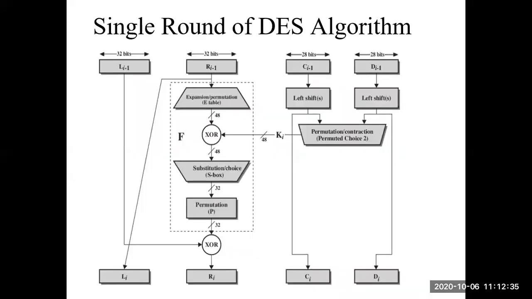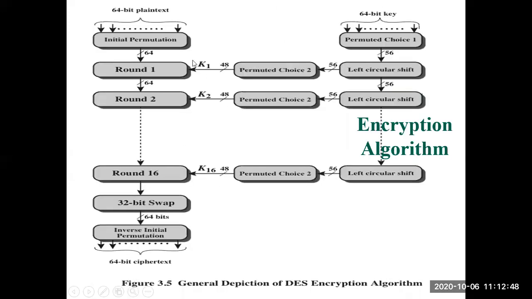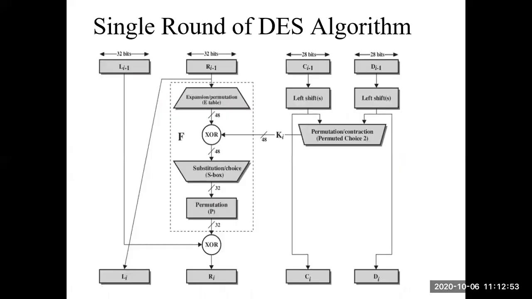Now, another very important question from the examination point of view is a single round of the DES algorithm. So, we just showed the block diagram as round 1, round 2. What is there in each round we are going to see here. So, let us start here. We start off with two halves of the data. Let's say this is round i. So from the previous round, I have the left half Li minus 1 and right half Ri minus 1, 32